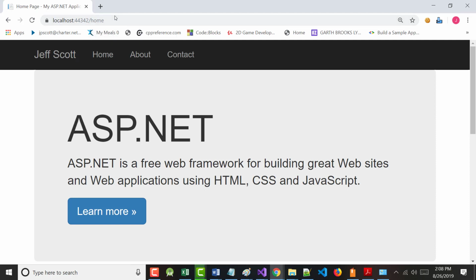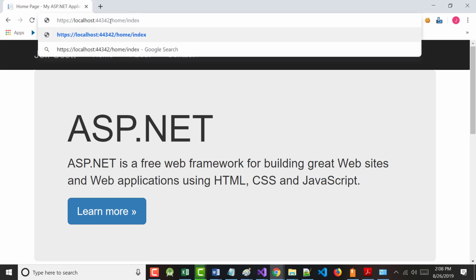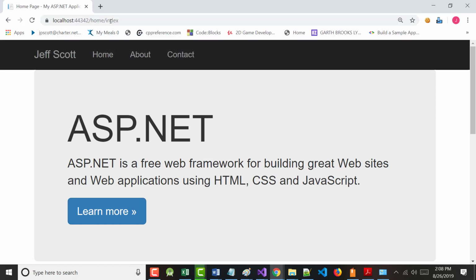All right. And I can come in here and I can put in /index and hit enter. And nothing happens. Because by default, it used the defaults I'd set up, or the system setup. The default controller, which was home, and the default method, which was index. All right. So notice if I come through here,